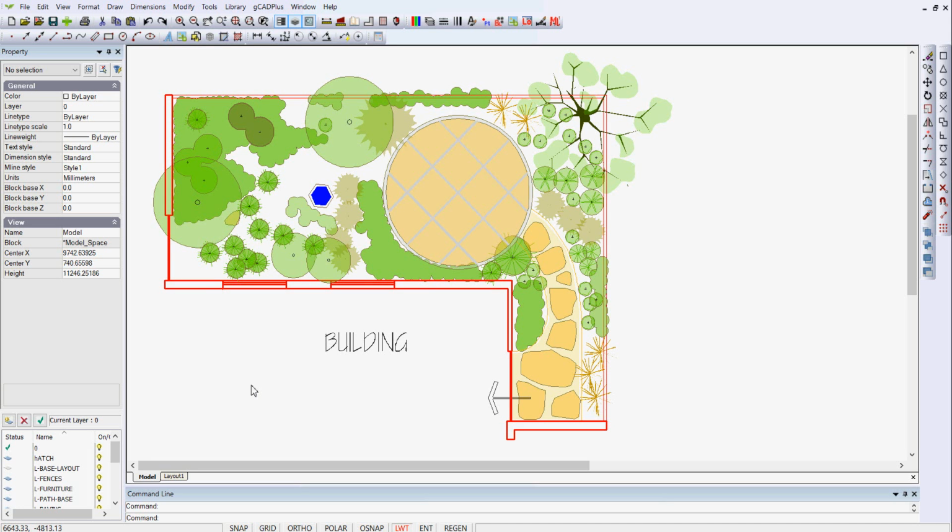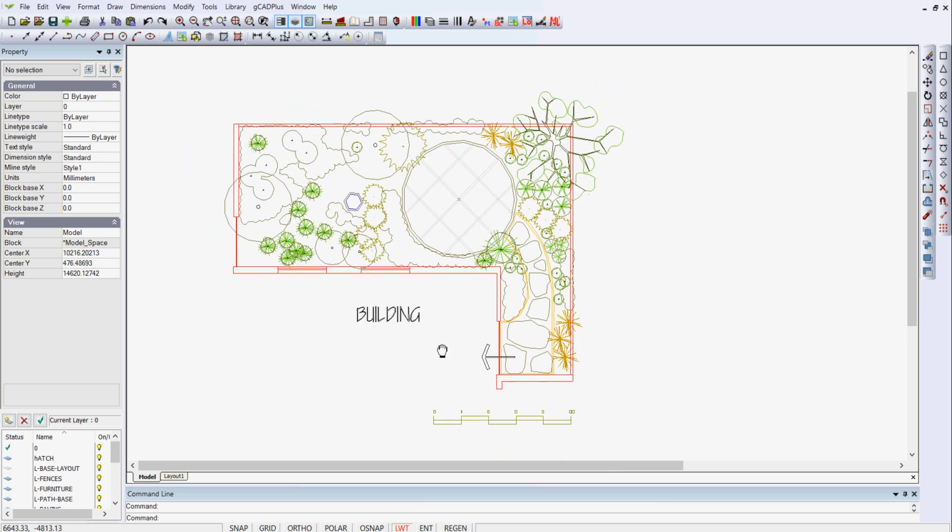Well, here's a really quick overview of how you move information from gCADPlus into SketchUp. I'm looking at a design here for a space between a building and some fencing, so there's an L-shaped garden. There's going to be exit and entrance through here to some steppers and an entertaining area here. To move that information into SketchUp ready to make a 3D model, it's just a matter of zooming out a